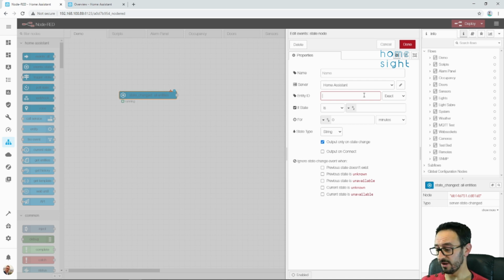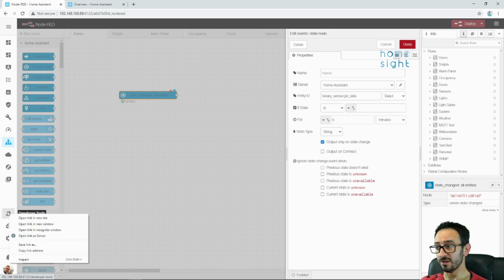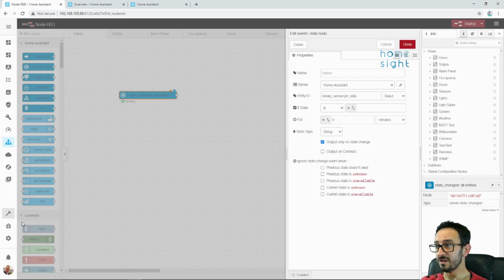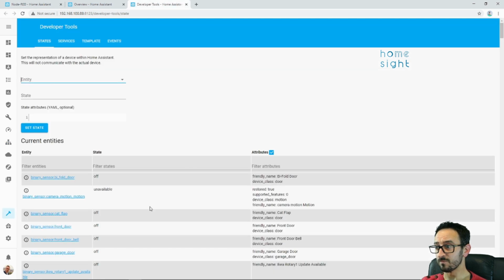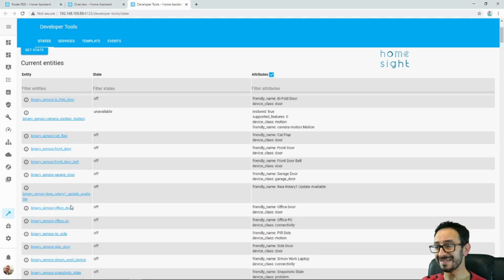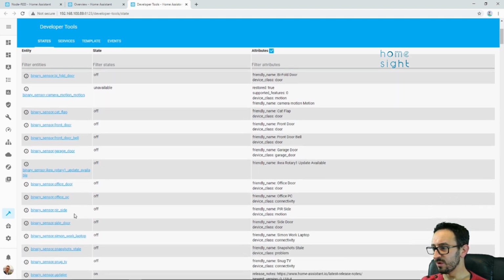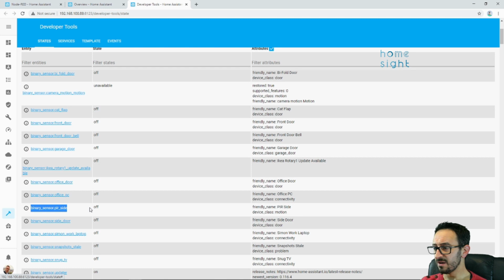I'm going to run it from a PIR, which I have here on my desk. So this is a binary sensor type. If you're not sure what it's called, I like this little hammer here in the developer tools, where we can look up all of our entities. So we can find our PIR side, and in fact if we trigger it, we can even see the state change. You see that went from off to on. So we can copy it from here,